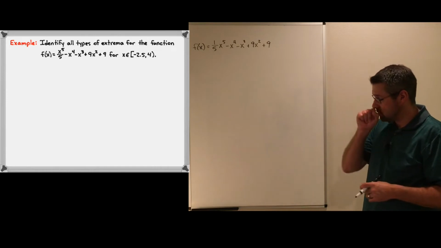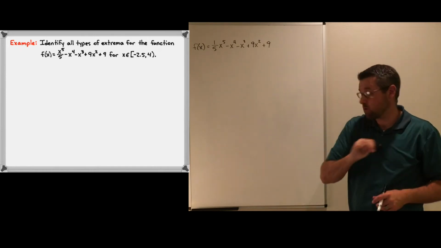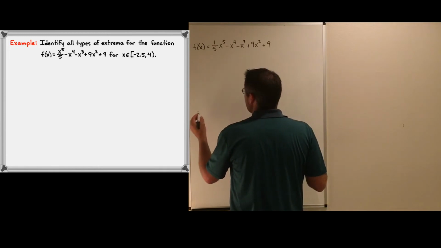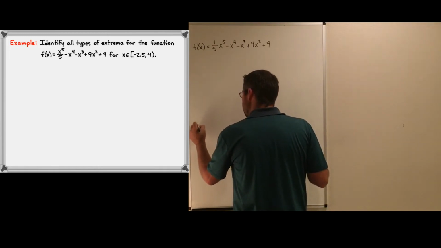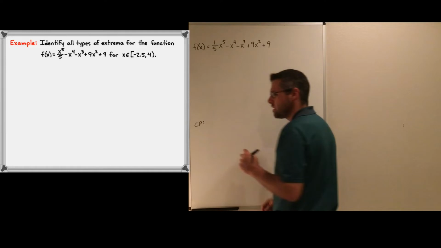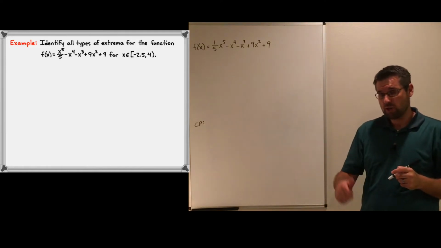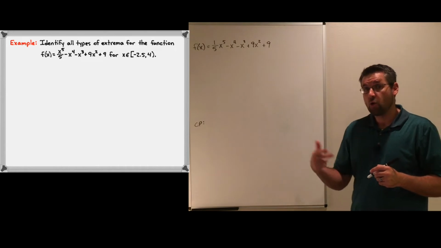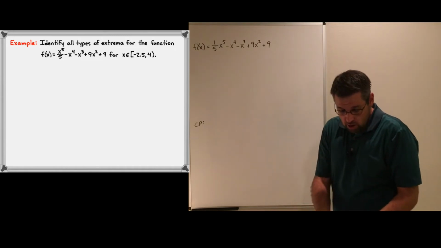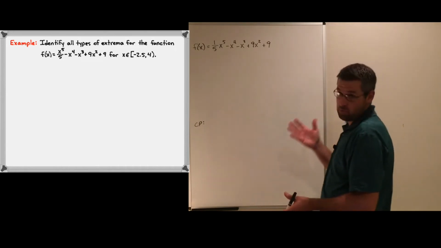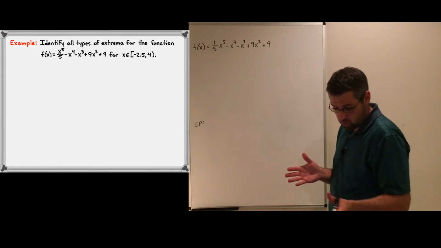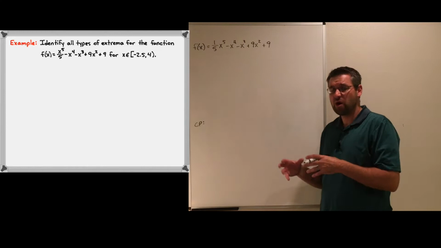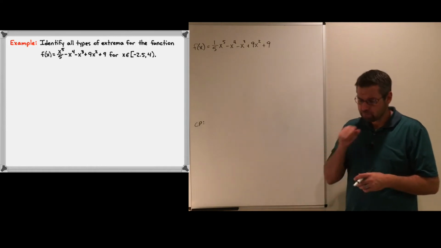Okay. So we have three types of critical points that we have to find. So what I'm going to do right now is I'm just going to go ahead and make a list just down here of the critical points. Well, remember, the three critical points are when the derivative is equal to 0, the derivative does not exist, or at endpoints. So if we look, we already have endpoints within this interval. We have endpoints of negative 2.5, and we are still going to consider 4 as a critical point for now,